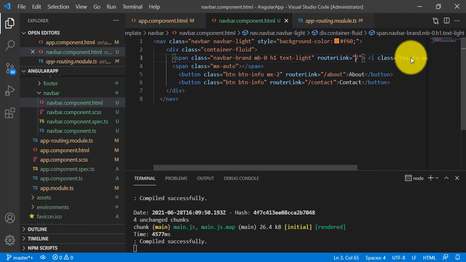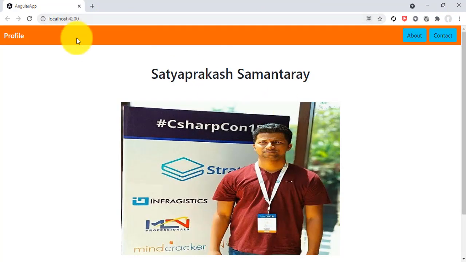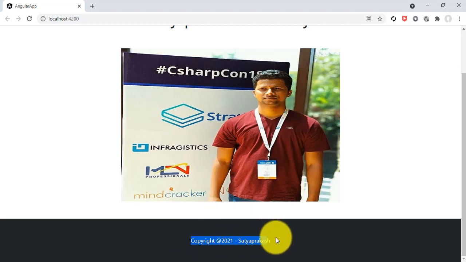So after then the next step is to add a pointer cursor on mouse hover, adding the style to the navbar.component.scss file. But before that, I'll check the output of what I have done in our navbar.component.html file. This Angular application is compiled successfully, so if you go here and refresh, you can see my complete application: the home, the about and contact components, the footer section, and the image.